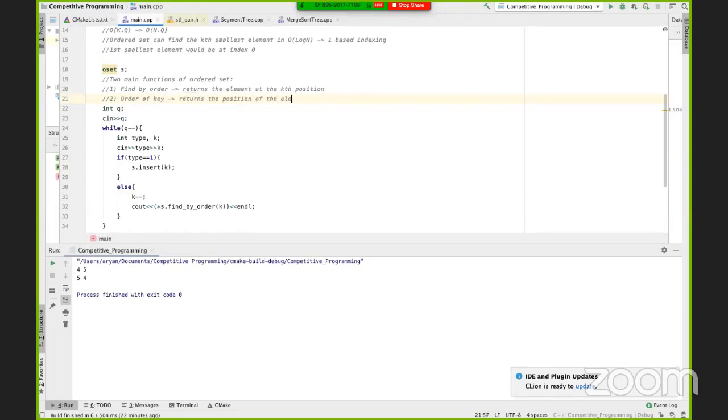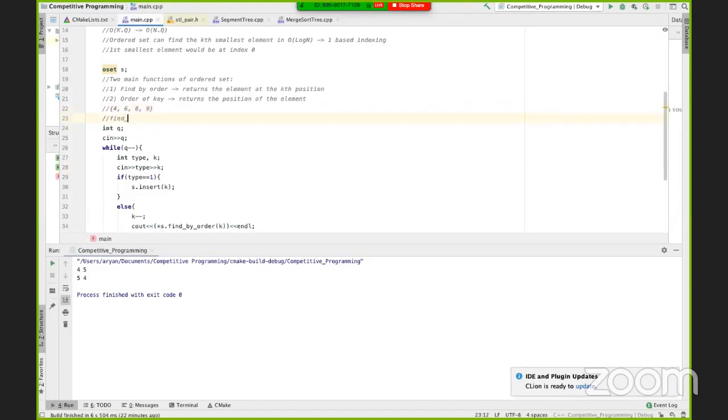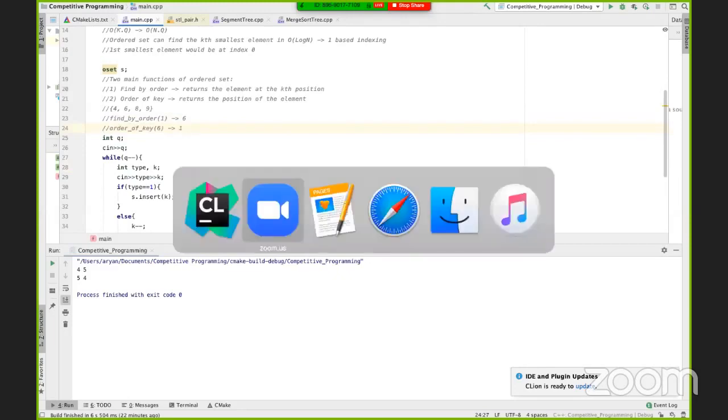of the element. So let's say we have a set which stores the elements 4, 6, 8, 9. Okay, so find by order 1 would return 6, and order of key 6 would return 1. Okay,